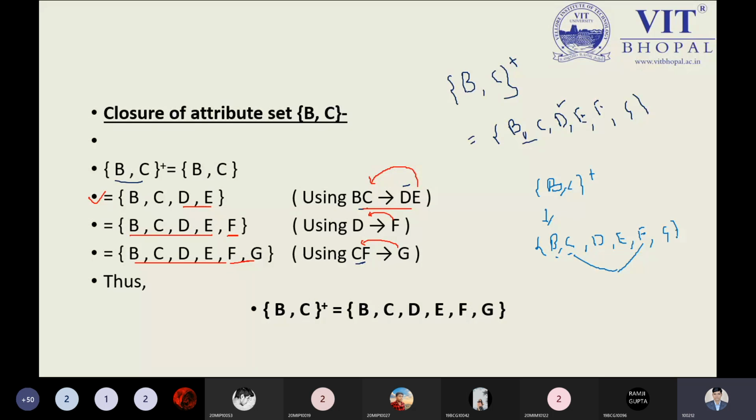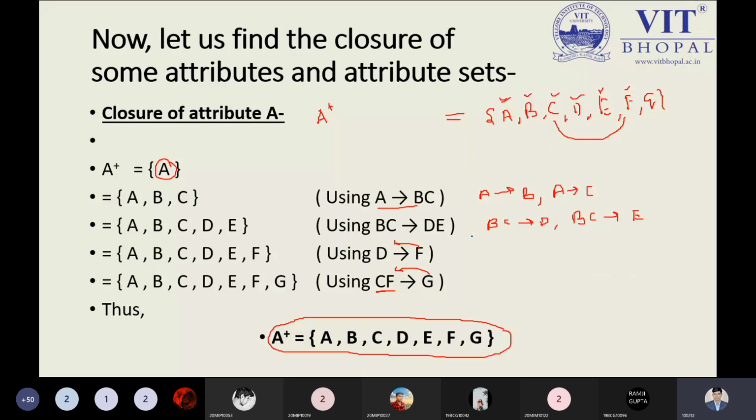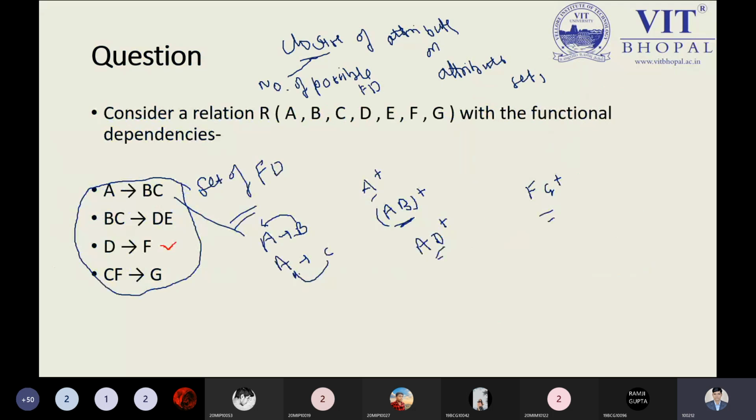Still, we should have a question: sir, why is A not a part of these functional dependencies? You can also observe over here, is there an FD which is making the dependency for us? Just see and tell me right now why A is not a part of the functional dependencies. Can anyone tell me?